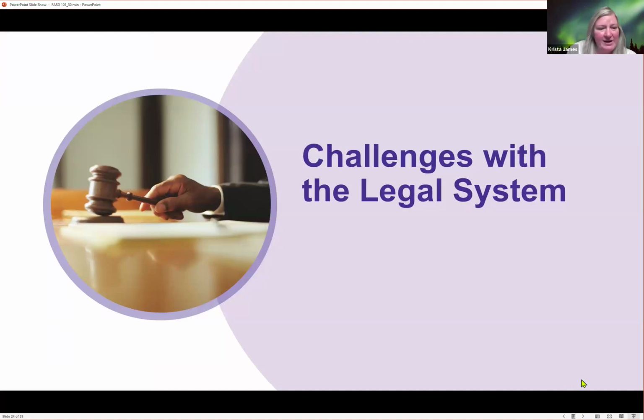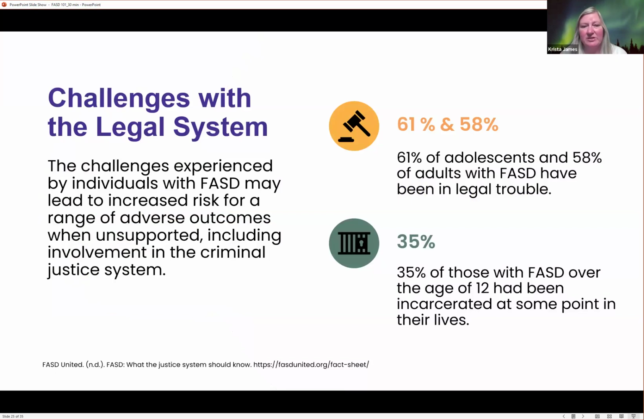And then finally, we're going to look at challenges in the legal system real quick before I let you guys go. So people with FASD can have a lot of challenges with the legal system. Because they have FASD, it may lead to an increased risk for a range of adverse outcomes when they're unsupported, including involvement in the criminal justice system. So we know that